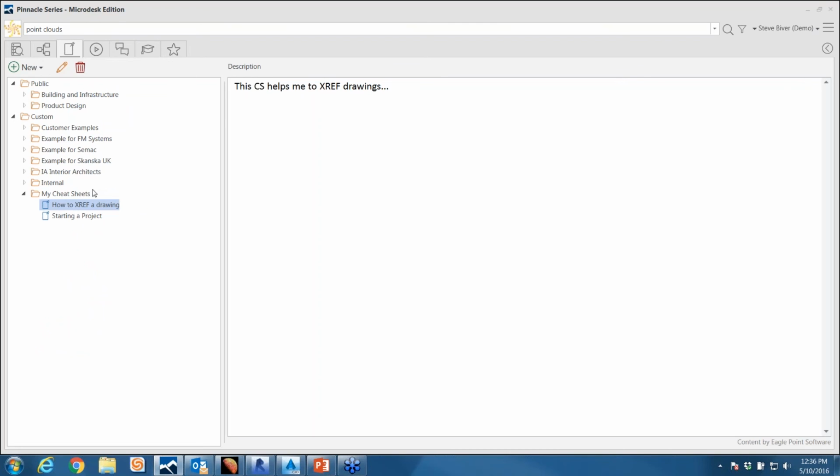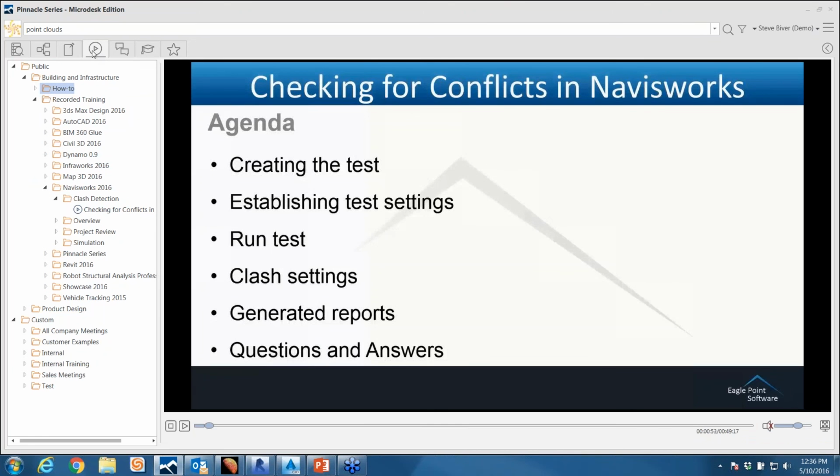Now, one little caveat to that, and I don't want to go too much in the weeds. This is definitely an overview here, but the documents that can be linked into the workflows and cheat sheets, if you would like to, you can house those behind your firewall. Okay, let's